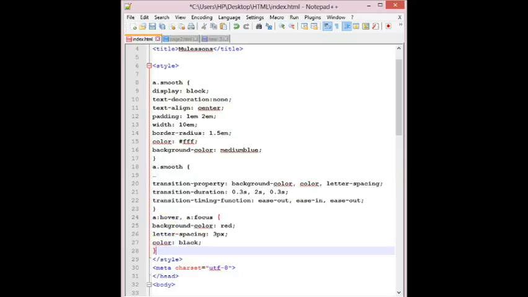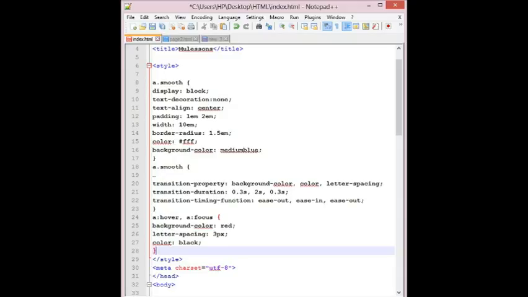The values are matched up according to their position in the list. For example, the transition on the color property, which is second on the list, has a duration of 2 seconds and uses the ease-in timing function. If one list has fewer values than the others, the browser repeats the values in the list, starting over at the beginning. So in the previous example, if I had omitted the third value, 0.3 seconds, for transition-duration, the browser would have looped back to the beginning of the list and used the first value, 0.3 seconds, for letter spacing. In this case, the effect would be the same.